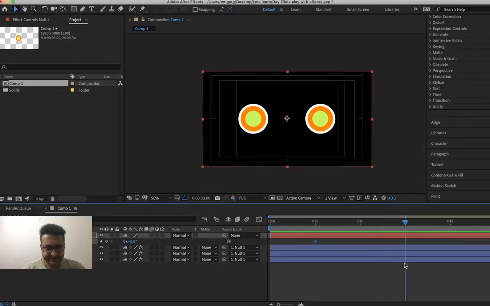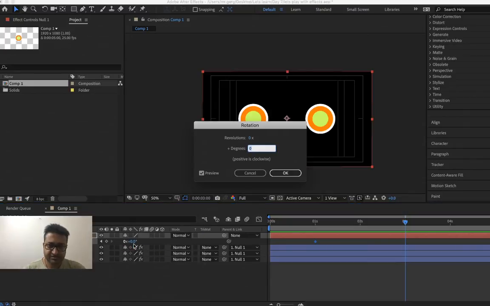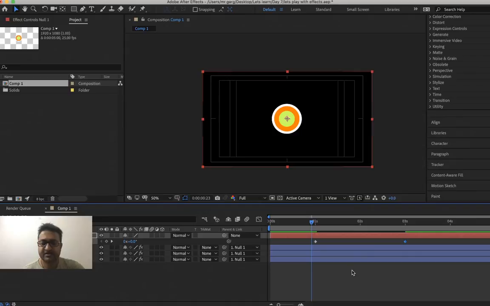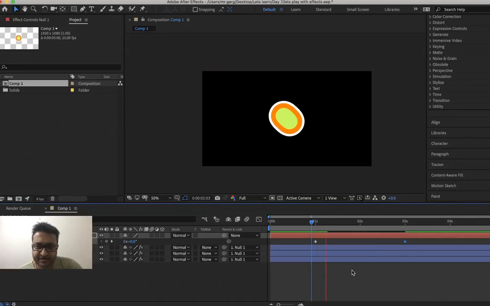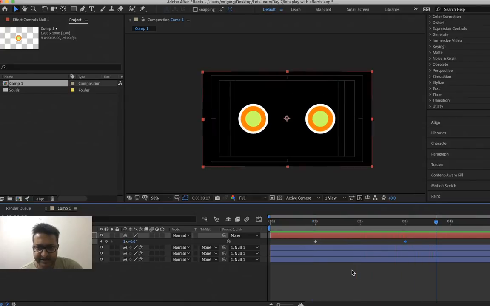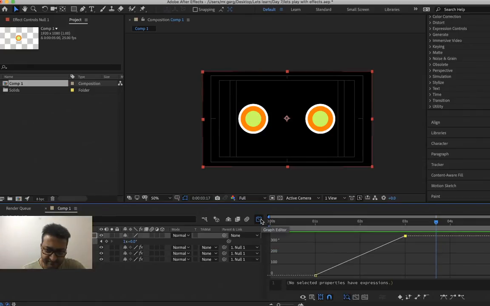Go to frame 3 and let's make the revolution 1. So now when it's separating, you will also see the rotation to it. So like, yes, but you can see here